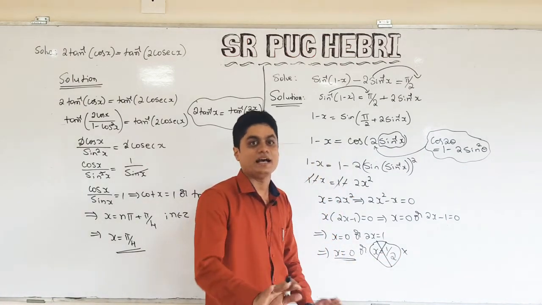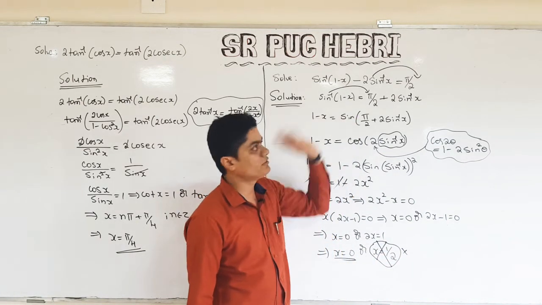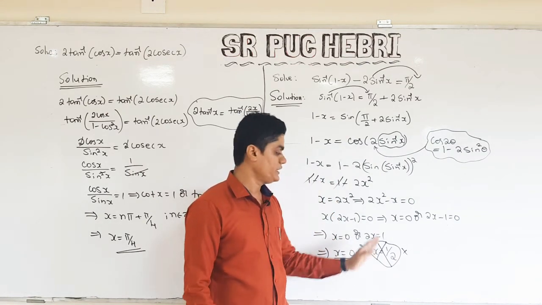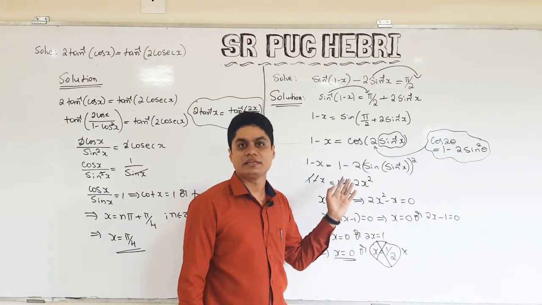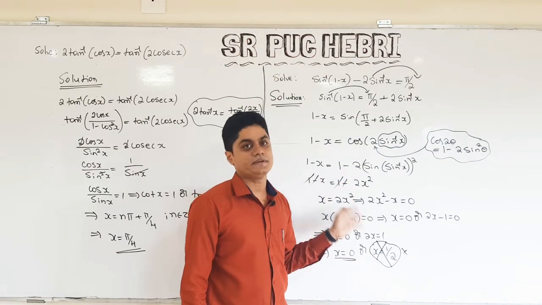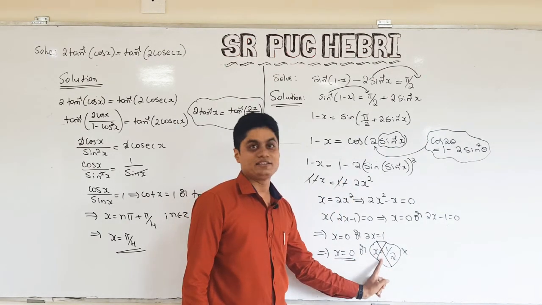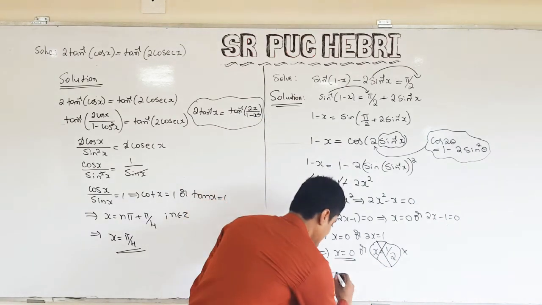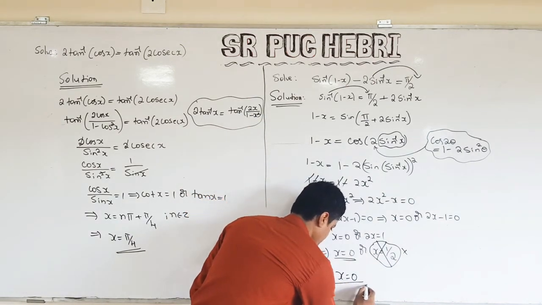You will definitely ask the question here: Sir, we got this from the given problem only. But still, this is one particular problem of inverse trigonometry. You may get this answer from the given expression, but it may not satisfy at the end. So observe carefully. x equal to half does not satisfy. So what will be the answer? x is equal to 0 is the final answer.